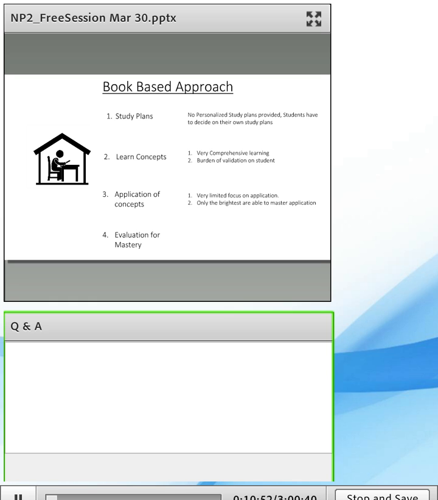Now, to evaluate whether you are among those top 6 percentile of students or not, again, people who study using books take a ton of mock tests. They do give you a decent estimate. There are a good number of, let's say, quality mock tests out there, but the burden of evaluation is completely on you. Once you take a mock test, you get a certain score, you still need to make a decision as to what you do next.